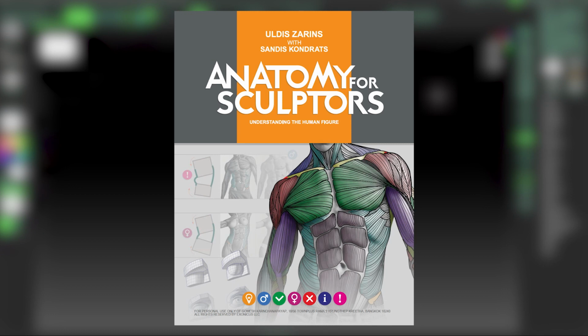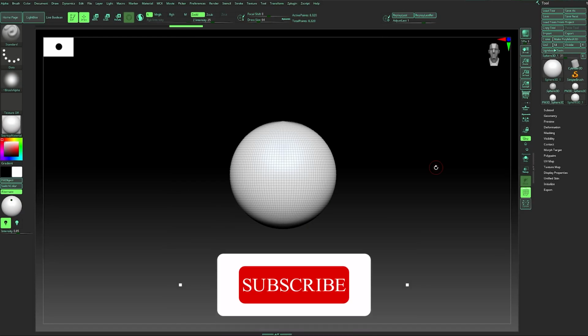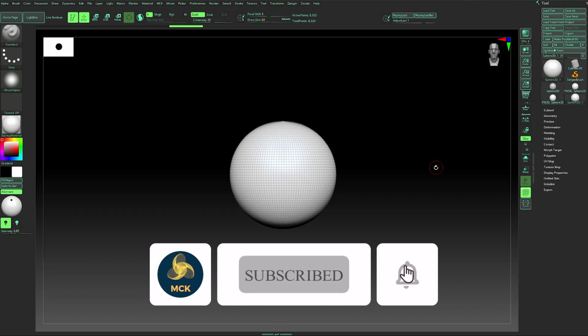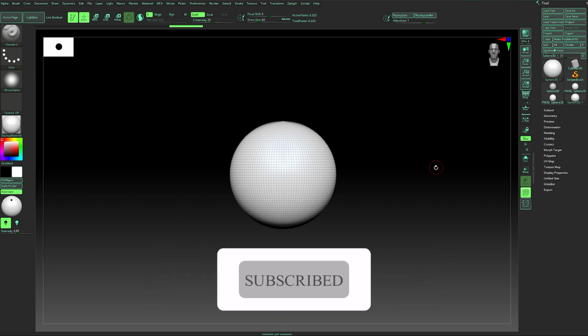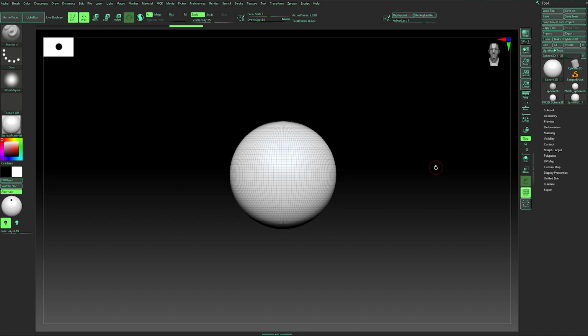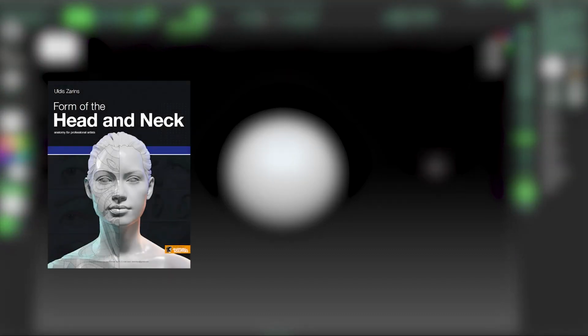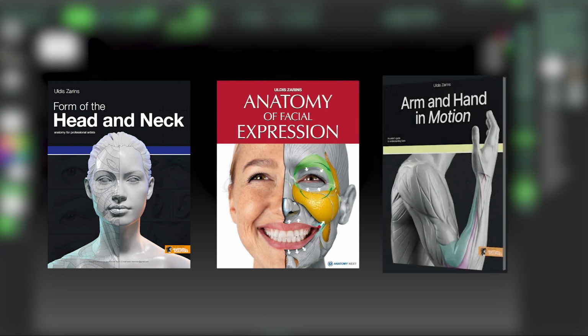We're going to use the book Anatomy for Sculptors. It covers everything about a full character, and we're going to go through everything. And if you're going to aim for realistic models, head, hands, body, anything more specific, I actually recommend you go to buy the other books of the Anatomy for Sculptors.com, like head and neck, expressions, hands, arms. They have all sorts of books.